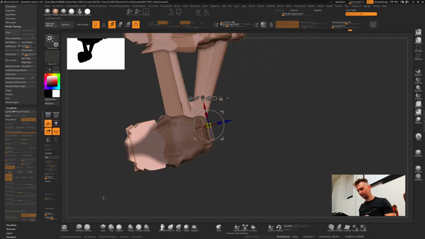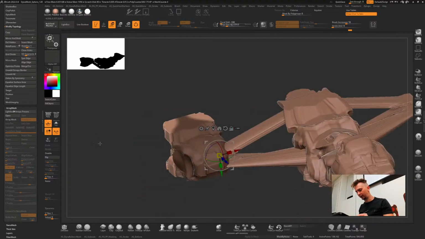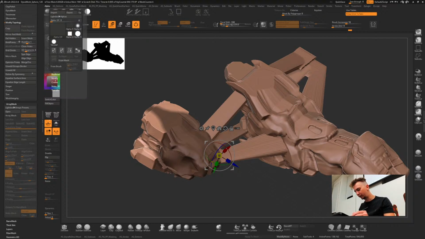We're gonna keep this. I'm not gonna go in and detail the entire thing, so this is more about showing the process and hopefully getting your creative juices flowing.